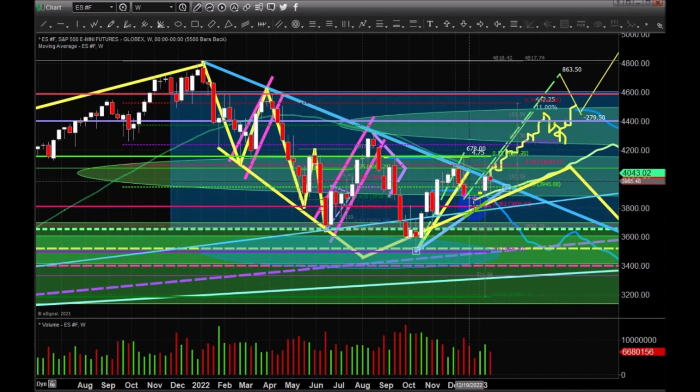We're moving into this apex formation right over here, and the way I'm counting this is from this peak we have essentially an A, B, C, D, E formation. This E formation is very interesting in the sense that it extended just below the previous lows, and it should be less than